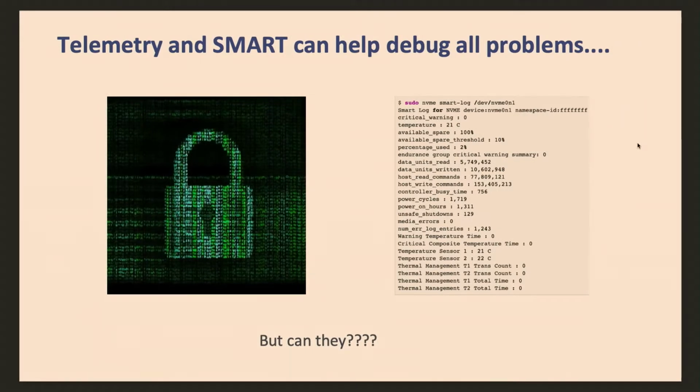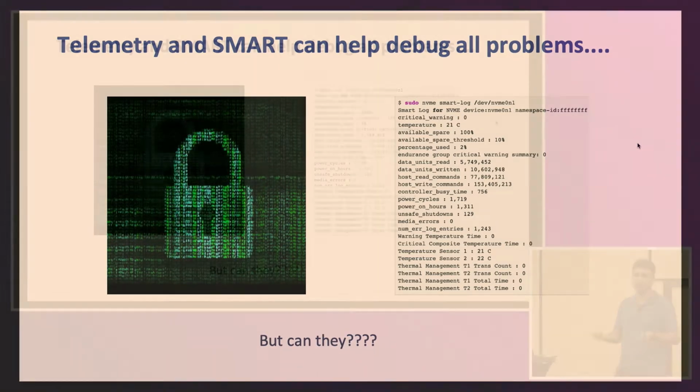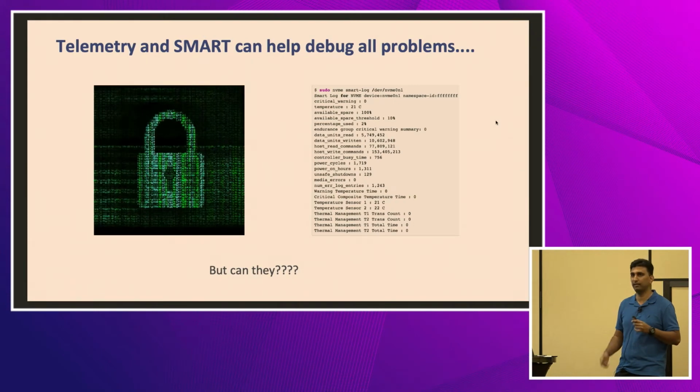Telemetry for hyperscalers is completely encrypted. There is no way we can look at what's going on inside the drive. We cannot save the data. It's binary data which I have to just blindly trust and send to the vendor. And SMART, here's what the NVMe SMART log displays in the type of counters. And I just talked about all the types of application level issues which we see in there. How many of those can we actually debug looking at these SMART counters? I think none. So these are the two debug tools we have today for hyperscalers to debug